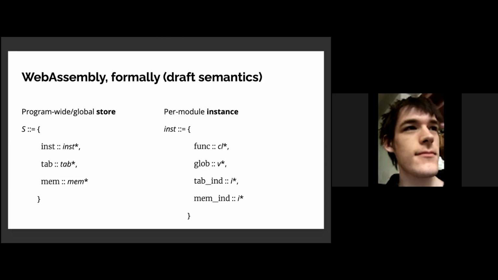So just to go back to the formalization of the global store and instance in the draft semantics, I'm going to use this to highlight some of the changes that were made in the 2019 semantics. In terms of semantic changes, the 2019 spec extended the language to also allow globals and functions to be imported and exported, not just memories and tables. And in addition, as a purely editorial change, a new formal construct called the frame was introduced to hold the instance.